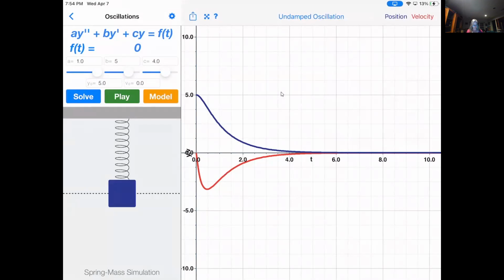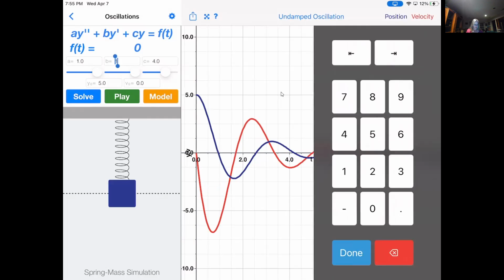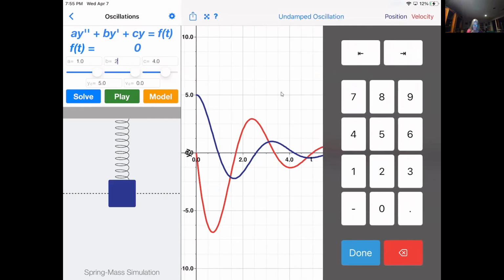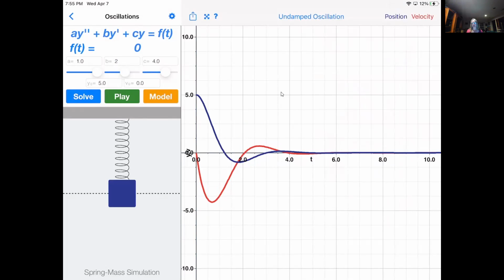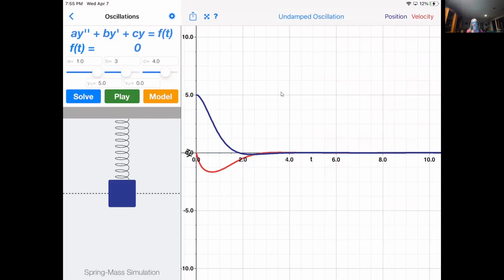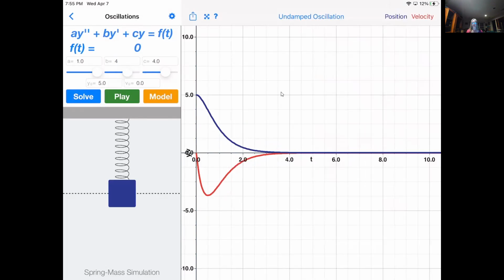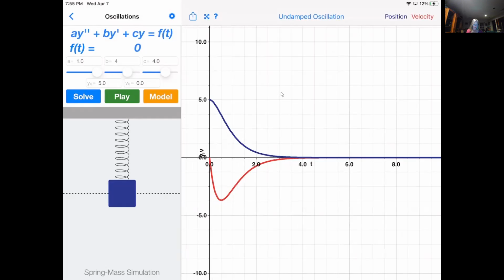So notice in this graph, my B was fairly large and we didn't have any oscillations going on here. If I made my B small again, then we have oscillations. So notice we do in fact have oscillations here. If I make my B somewhere in between, so let's say it's 2, I have oscillations, but not as many oscillations. If I make my B 3, notice I pretty much have very little oscillation. Let's go with 4. And notice I pretty much have no oscillations, and if you look at this graph of what it's doing, you're going to get slowly into